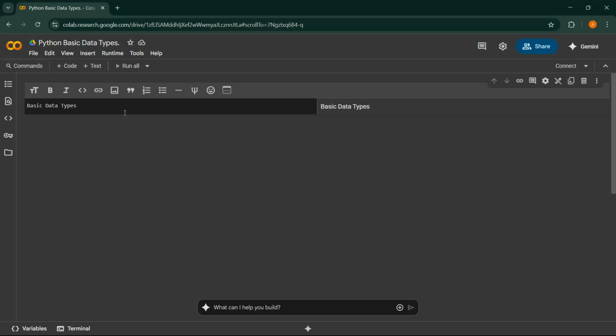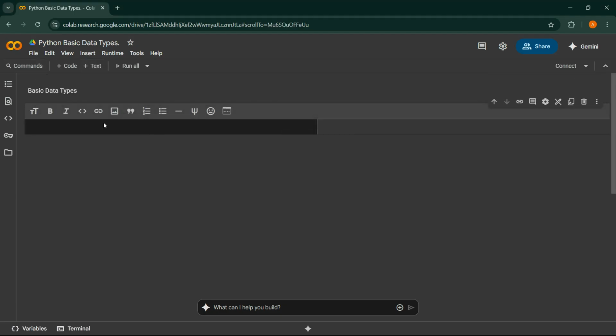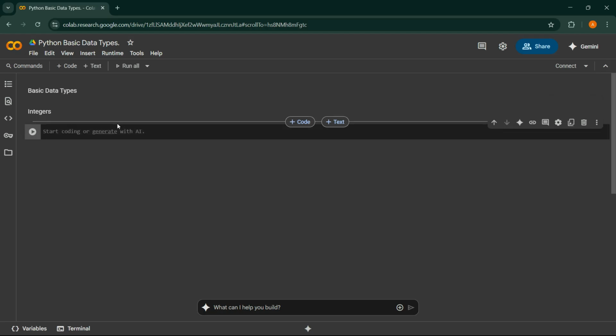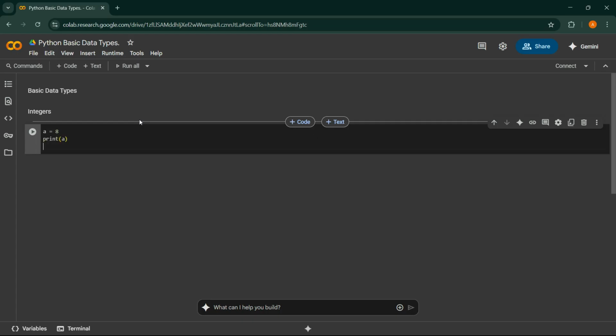Basic data types. There are majorly five types of basic data types. First one is integers. Think of these as whole numbers, positive or negative, without any decimal point. Well, we can write A equals 8, and this will print 8, and we can also print the type of